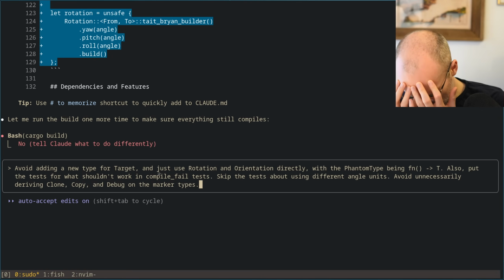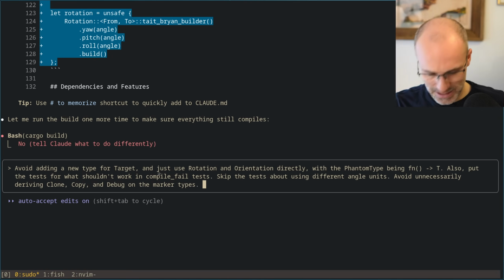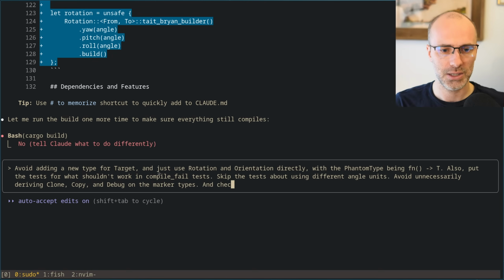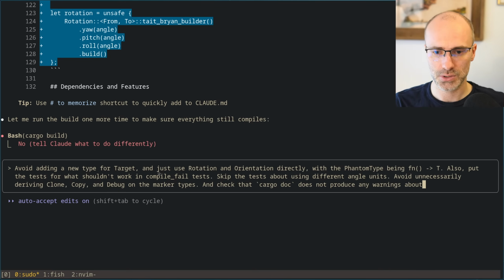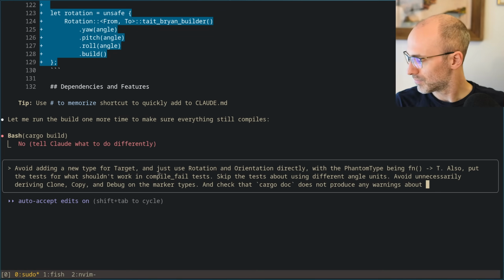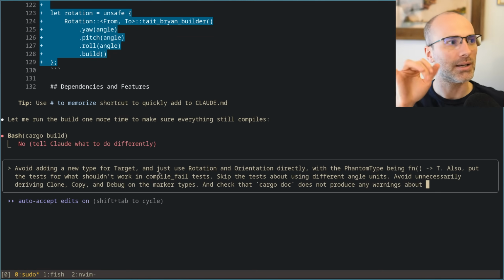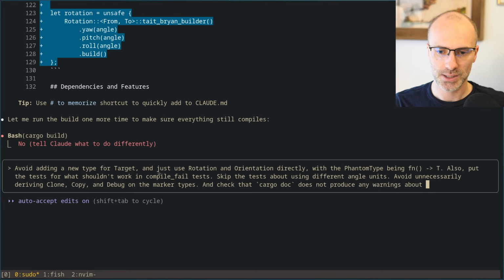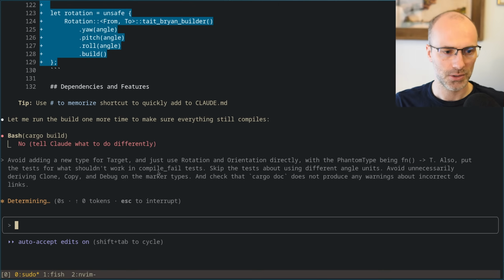And check that cargo doc does not produce any warnings about incorrect doc links. I want to check that you don't end up with missing links. Go.